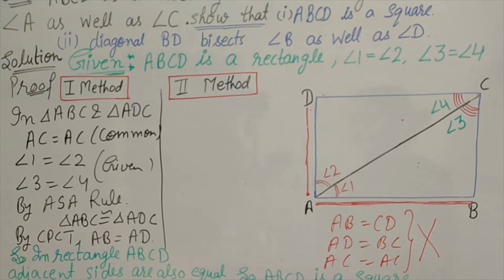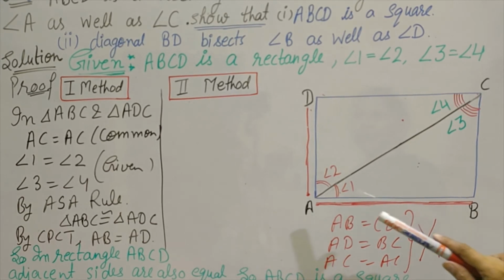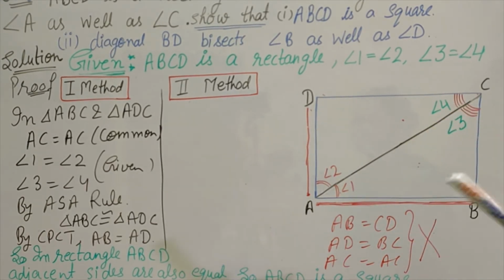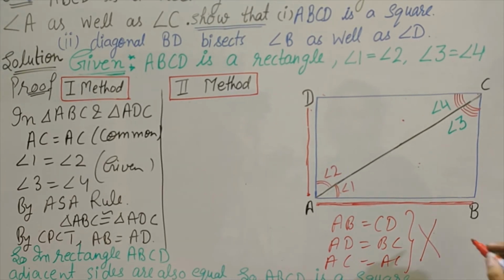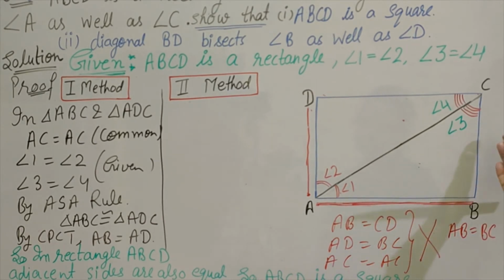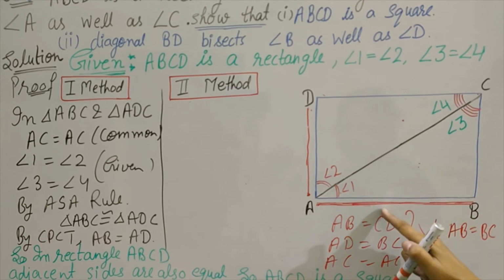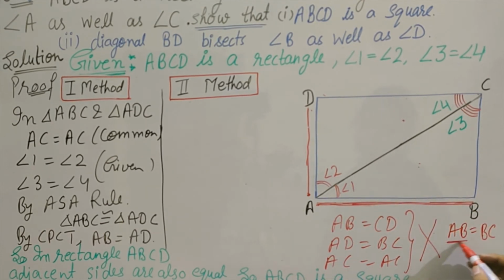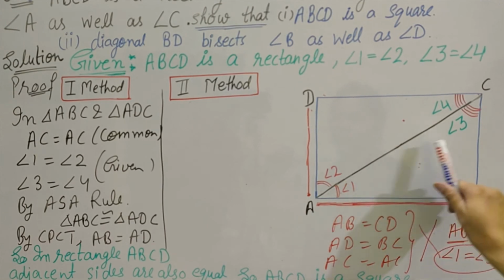Second method में हम angles के बीच में logics लगाते हैं. So we have to prove, show that ABCD is a square. तो हमें क्या प्रूव करना है? सोचते हैं थोड़ा सा. Let us think over it. What we have to prove? AB is equal to BC. Rectangle already given है. अगर हम adjacent side को equal proof कर दें, if we prove AB is equal to BC, then it will become a square. AB is equal to BC लाने के लिए we should prove angle 1 is equal to angle 3. I want angle 1 is equal to angle 3.